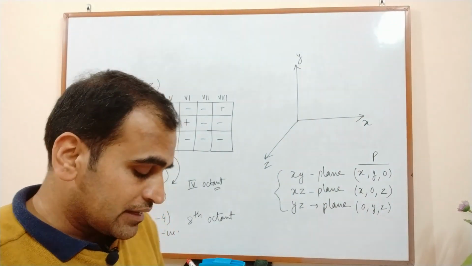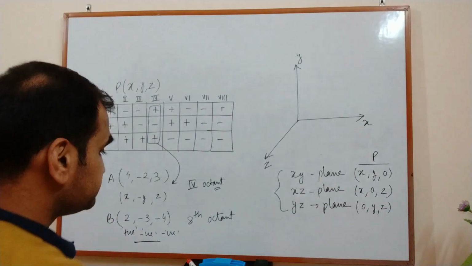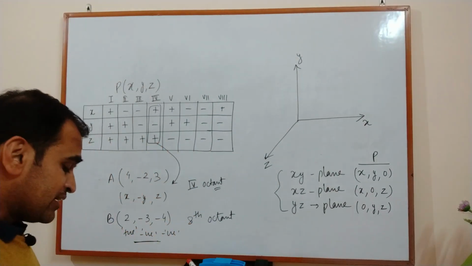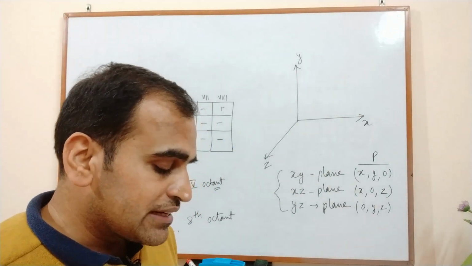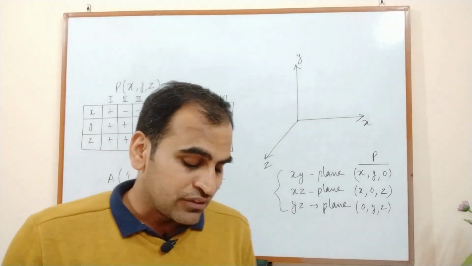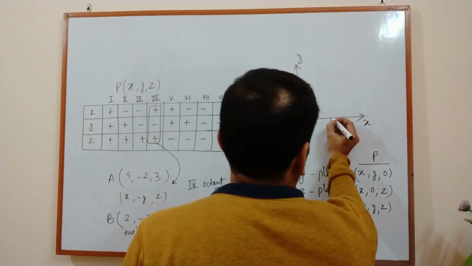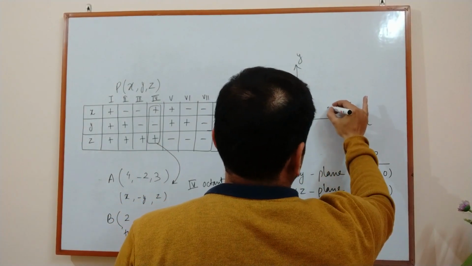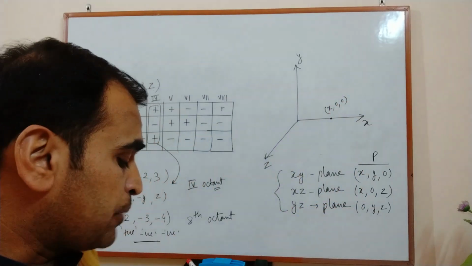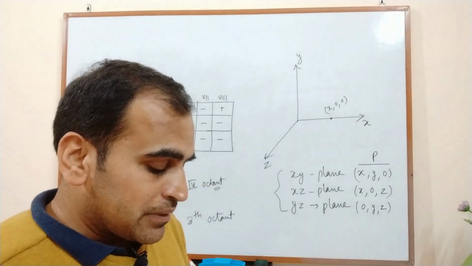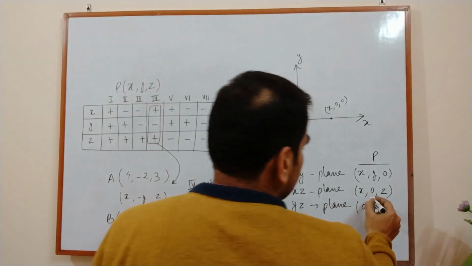Okay. So if you check the first exercise in the NCERT, that is 12.1, the first question is: a point is on the x-axis. What are its y coordinate and z coordinate? So it is very easy. If the point lies on the x-axis, the y coordinate will be 0 and the z coordinate will also be 0. So the point is lying over here, x, 0, 0. A point is in the xz plane. What can you say about its y coordinate? So in the xz plane, the y coordinate is 0.